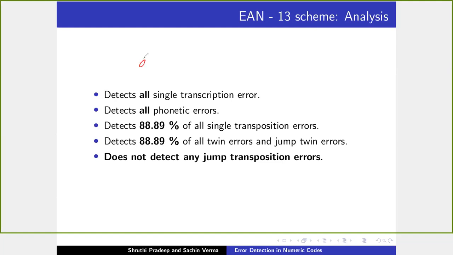See, in this case what we are doing is something like a1 plus 3 times a2 plus a3 plus 3 times a4, and let us just end it here. We want that after adding all these numbers, with the 3 at the even digit position, and taking modulo 10, we must get 0.